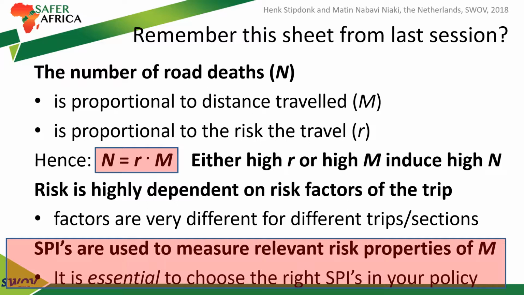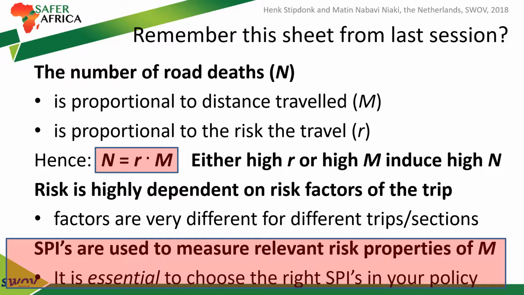The formula indicates that risk can be defined as deaths per distance traveled, whether it's deaths per kilometers, per miles, or per billion kilometers. You can note that risk is tightly connected to distance traveled. We cannot calculate the two separately. Of course, if we know the number of deaths and the total distance traveled, we can calculate risk, but this risk is an average over the virtually infinite pieces of trips, all with very different risks